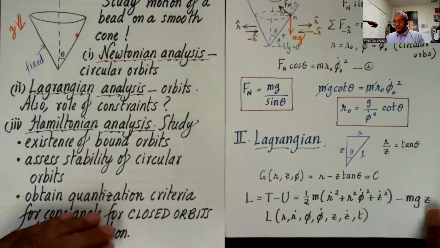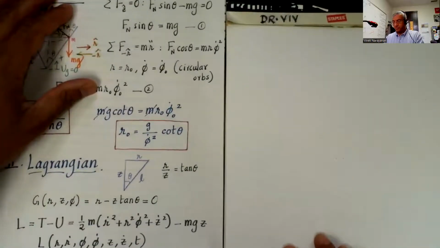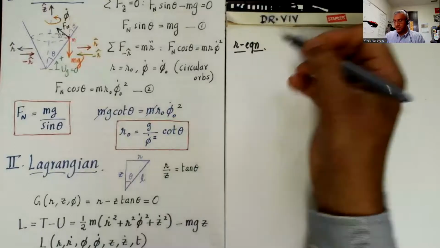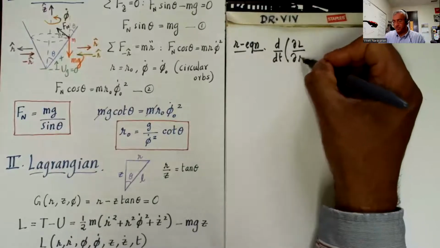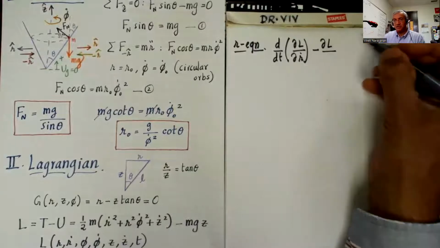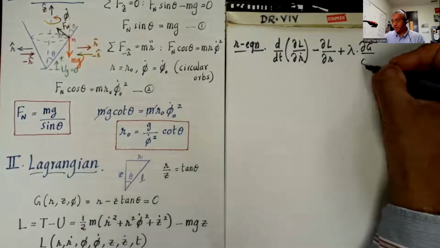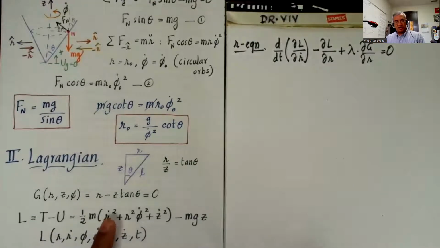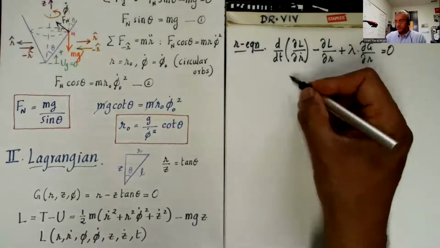Now, let us write Lagrange's equations. These are just given by the following prescription. The r equation is d by dt of del L over del r dot, minus del L over del r, plus lambda times del G over del r, equal to 0. Now, all we have to do is differentiate each term. Del L over del r dot is 2r dot, so that cancels with the half there. And then when I take the d by dt, I get r double dot. So I get m r double dot